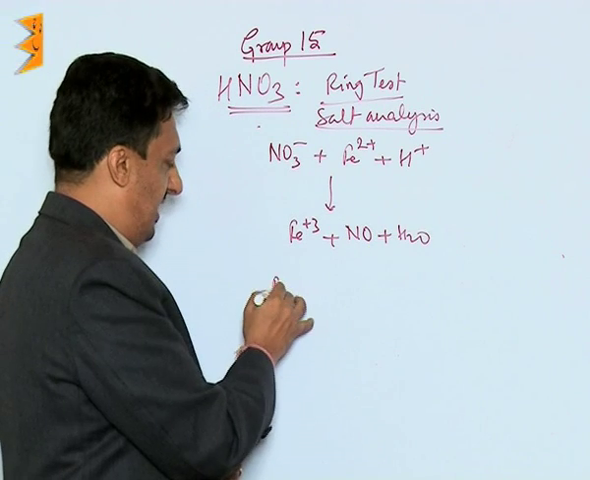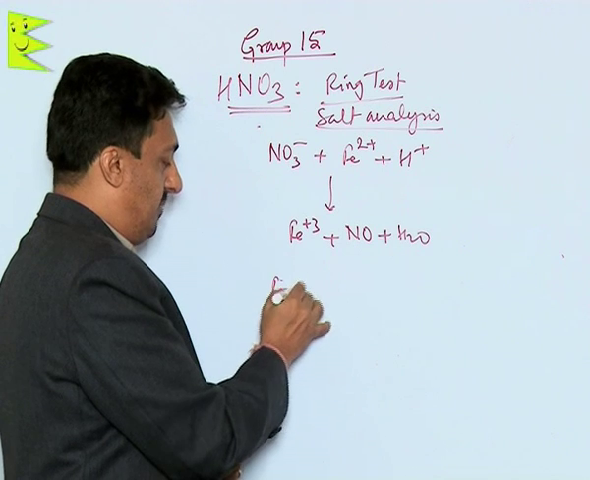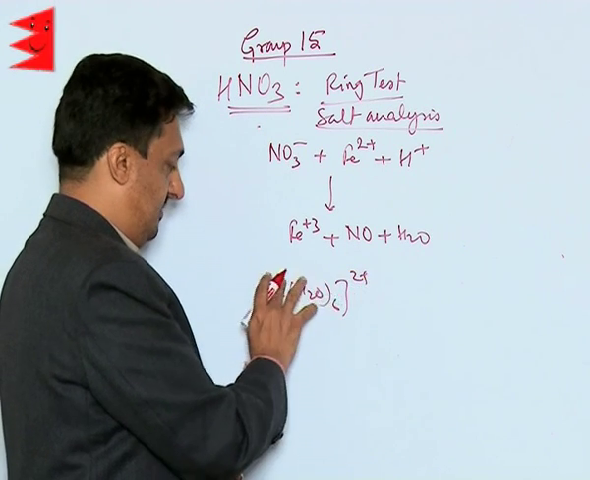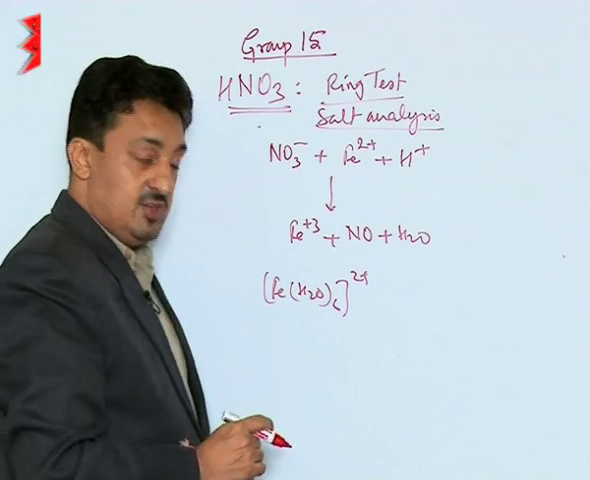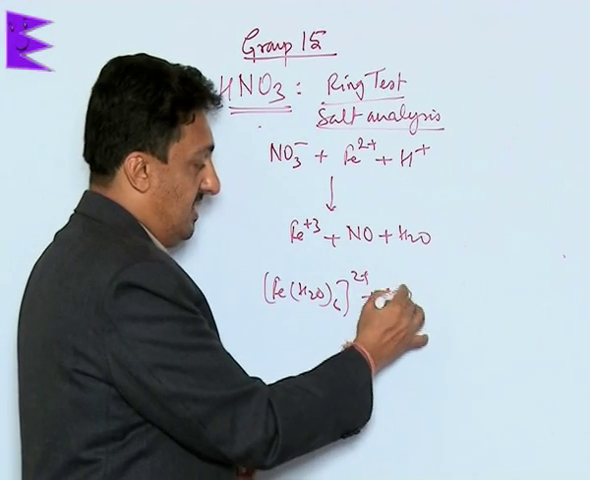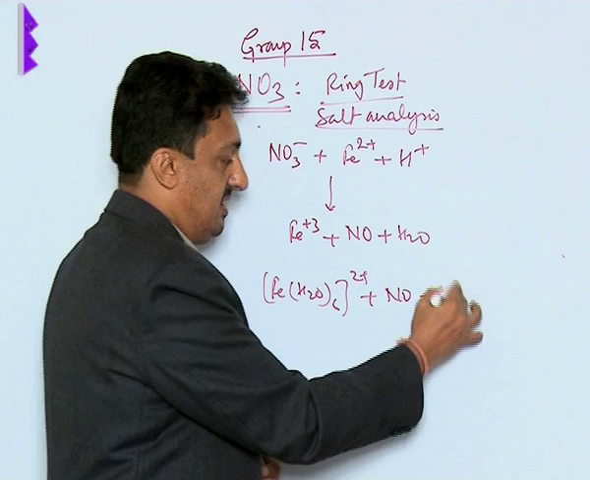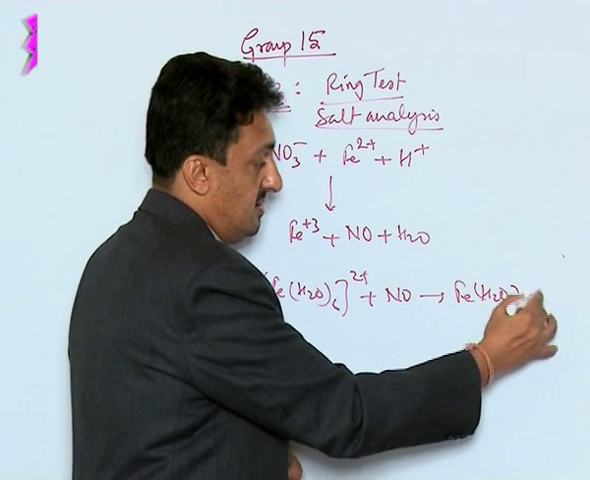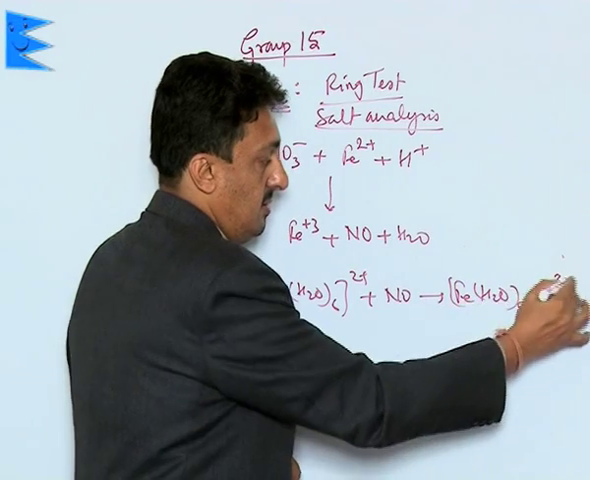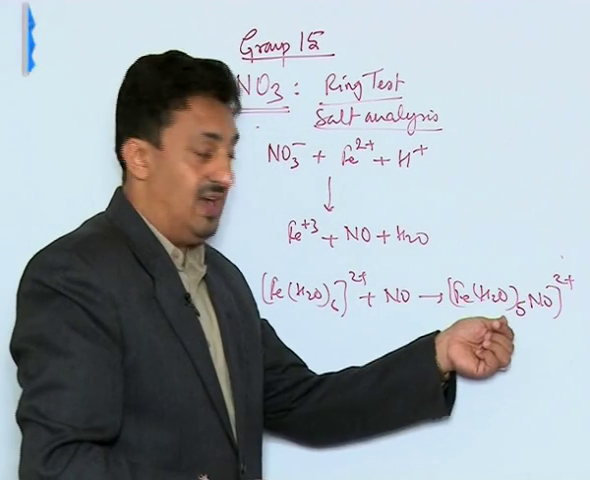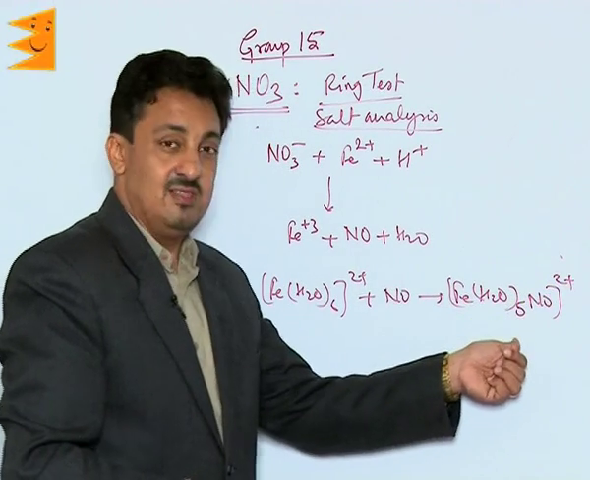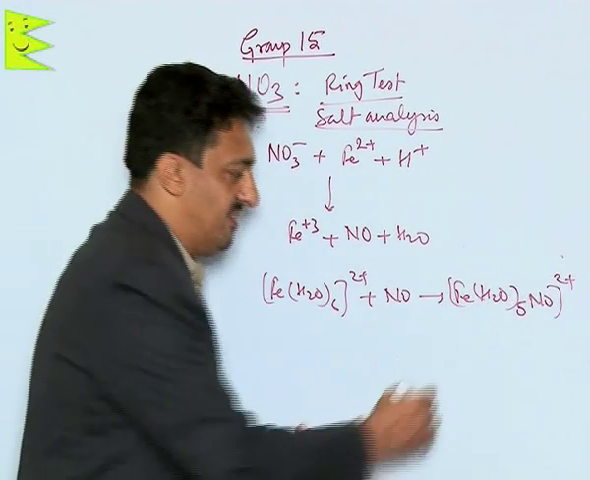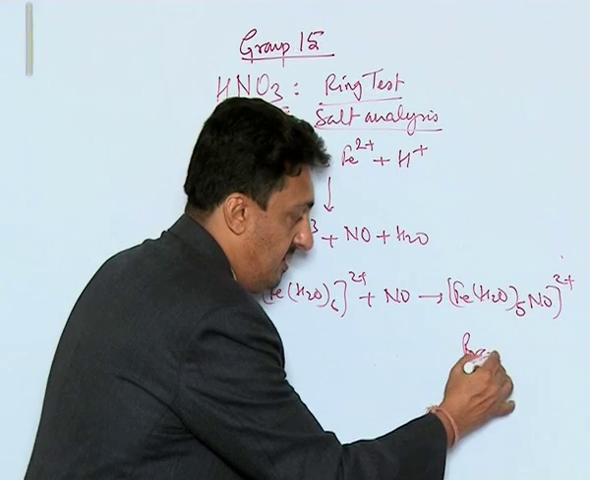Now these ferrous ions which are already there are present in the form of the complex hexaaqua iron(II). The nitric oxide combines with this and forms a complex which is called pentaaqua nitrosonium iron(I). So see, this is a very special compound. This is the brown ring which we get, which is formed